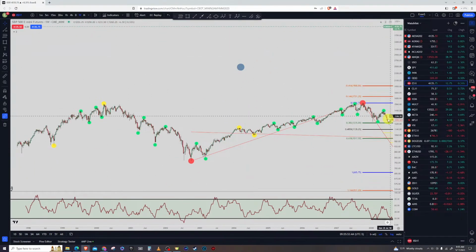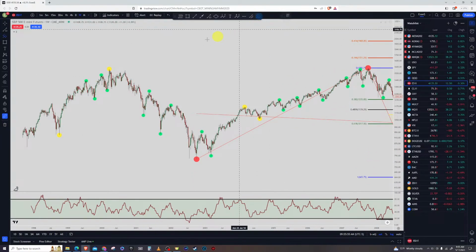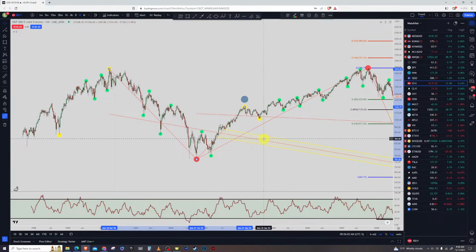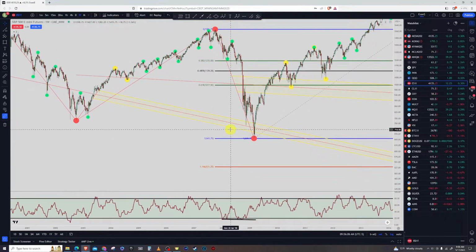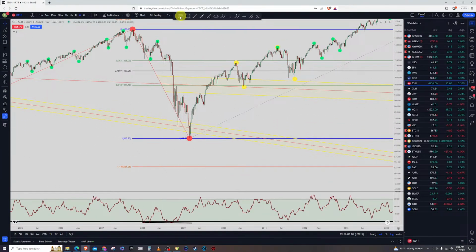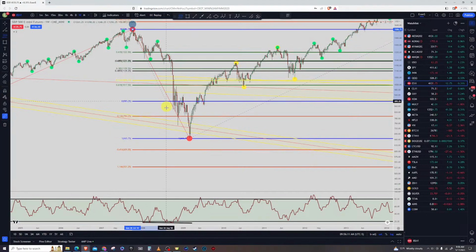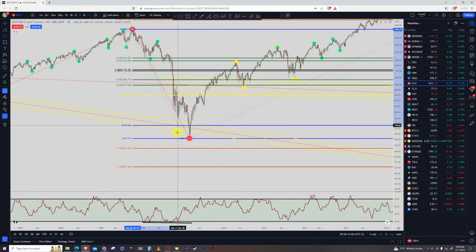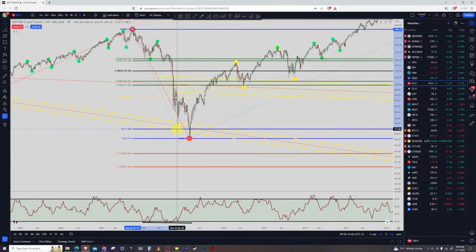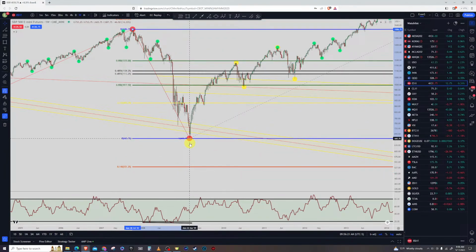Let's see what this one looks like. So that one, did price, yeah, look at that. Price came down, hit that one, came off of it. Didn't hit the 50 there. Didn't come down and hit that all the way, but that's okay. And then it did come up and hit the 50 right there. Look at that. Got in right here, 760.